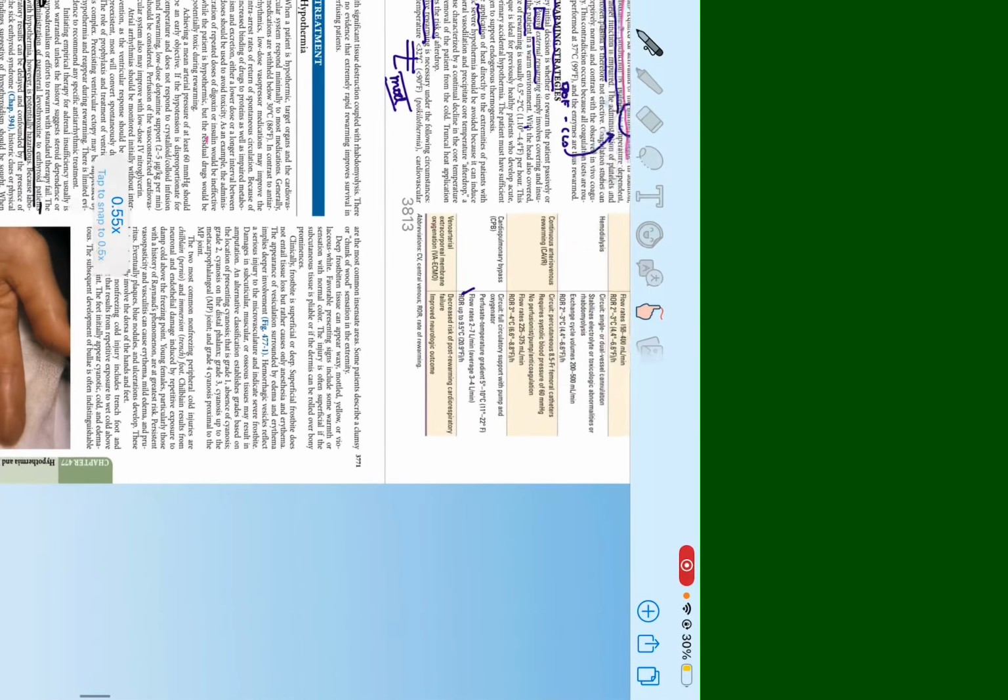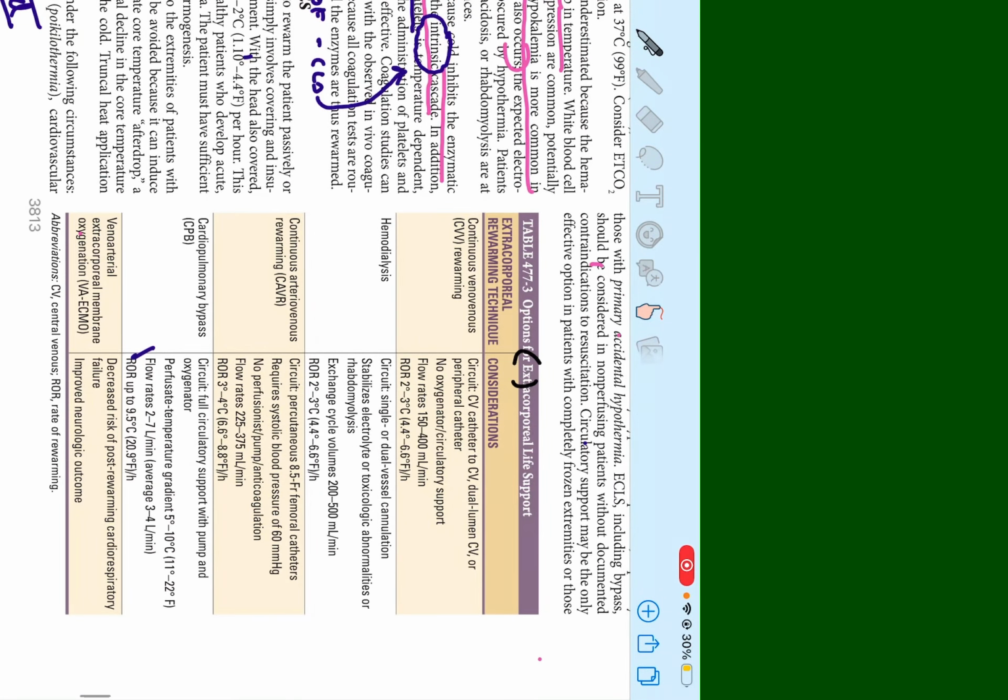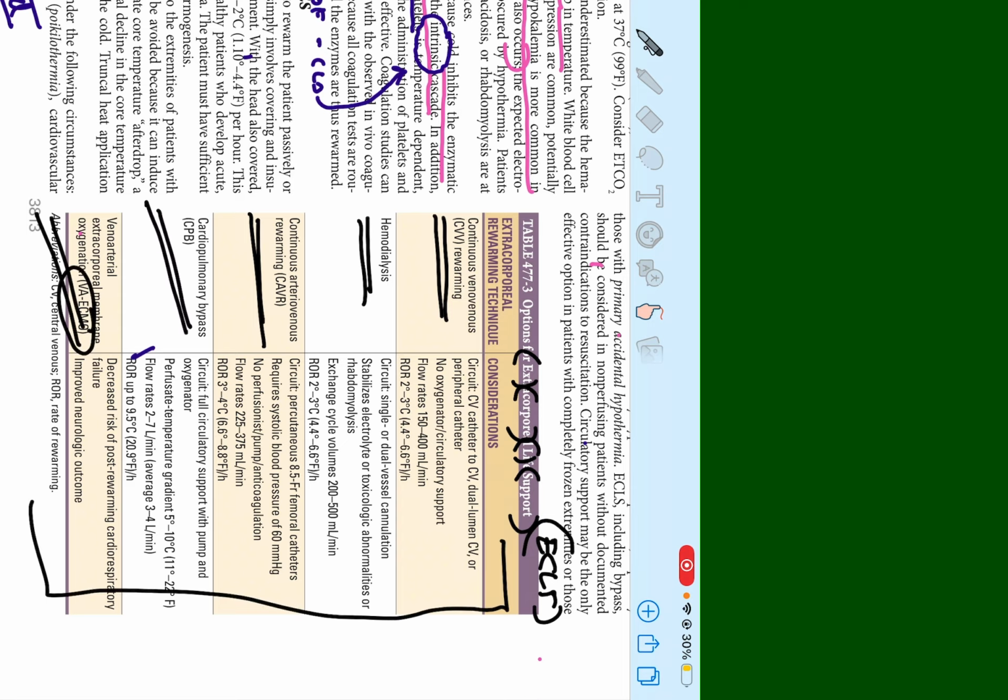Okay, and the options for extracorporeal life support, this is ECLS. This is a dialysate, right? External dialysate and dialysate ECMO. All these things you use for rewarming. The only thing is you give a solution which is heated. Okay,